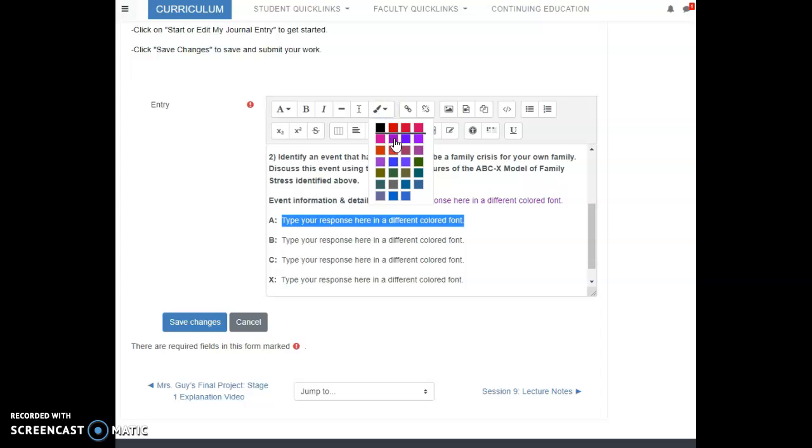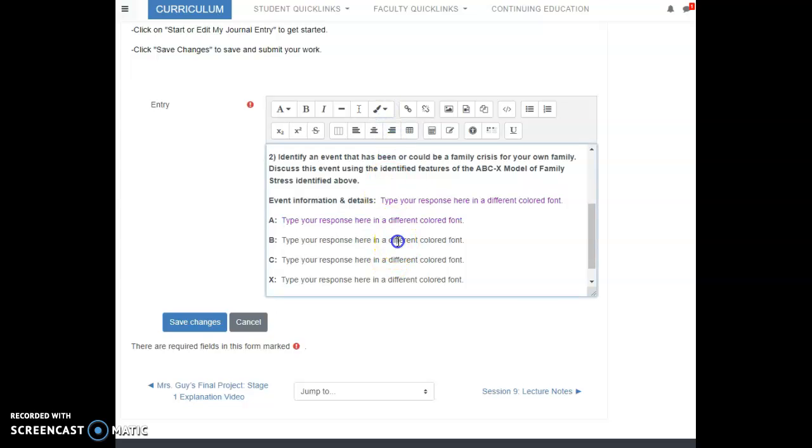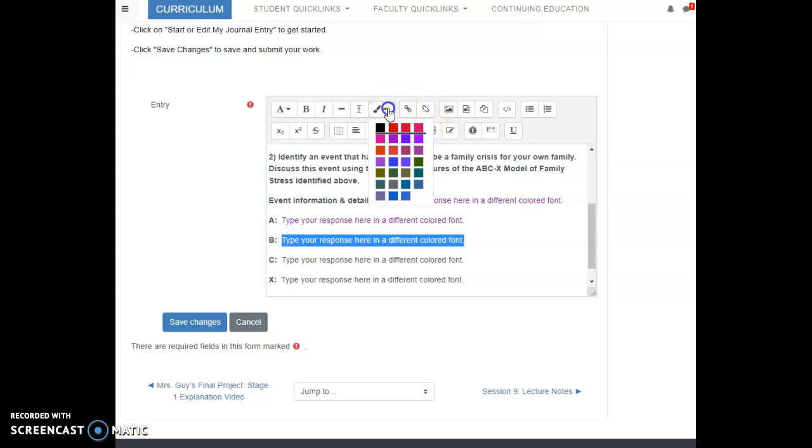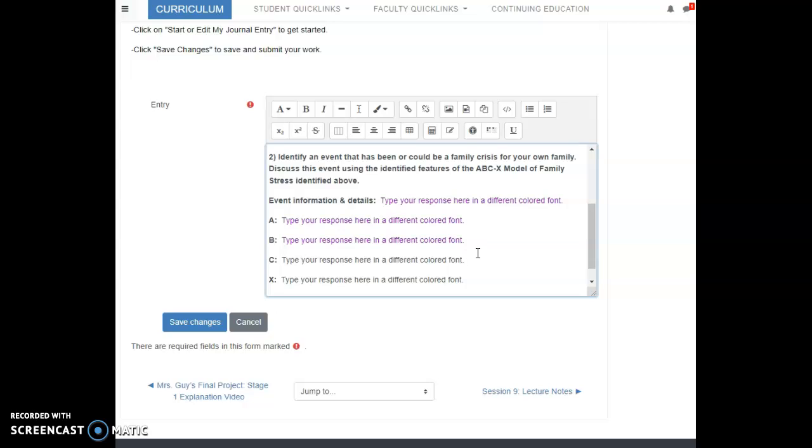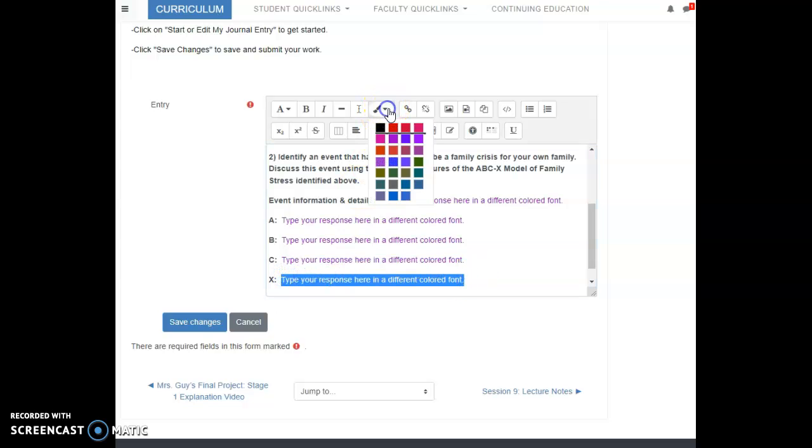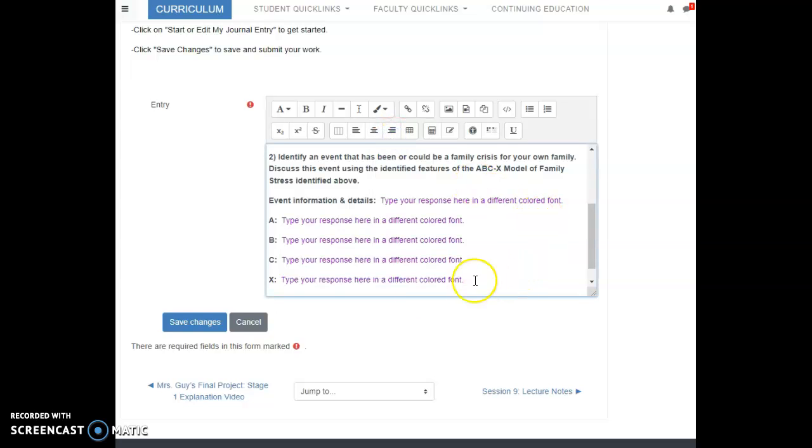So you're going to take your event and explain it by putting the pieces and parts of the event into the categories A, B, C, and X. Once you have completed all of that, making sure that you have proofread and your information is top-notch college material, you can hit the blue Save Changes button.